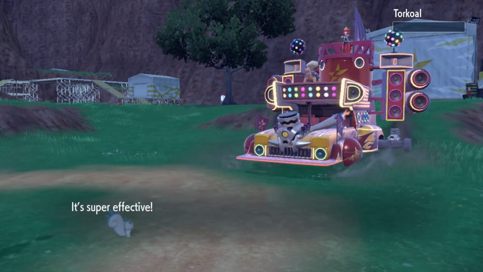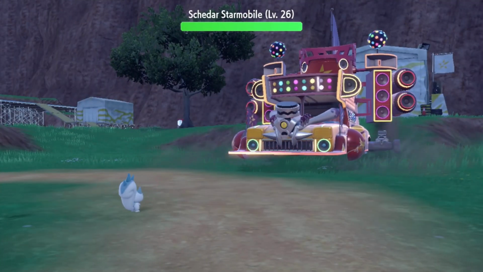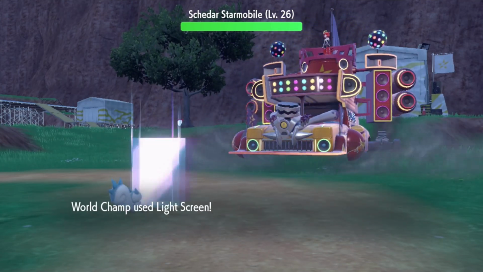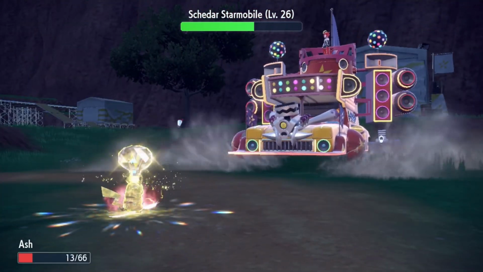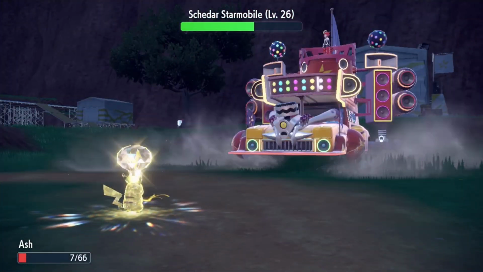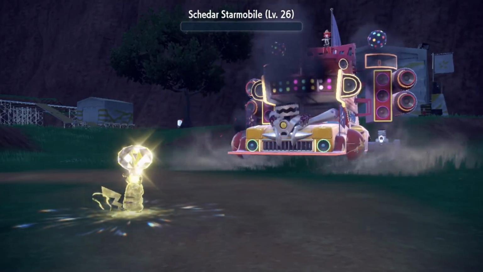Unfortunately, it takes 2 Mud Shots to finish the Fire Turtle, who pops our Citrus Berry with some Flame Wheels before going down. Now it's time for the Starmobile, which is where World Champ really shines. We alternate between Charm and Fake Tears, resetting Light Screen once it goes down. With the souped up Revavroom at -6 attack and special defense, we chip away until I decide to get Pikachu to +6 from Nasty Plots,